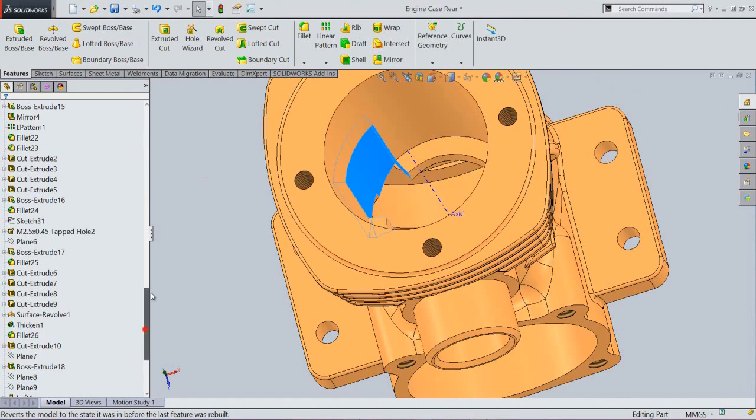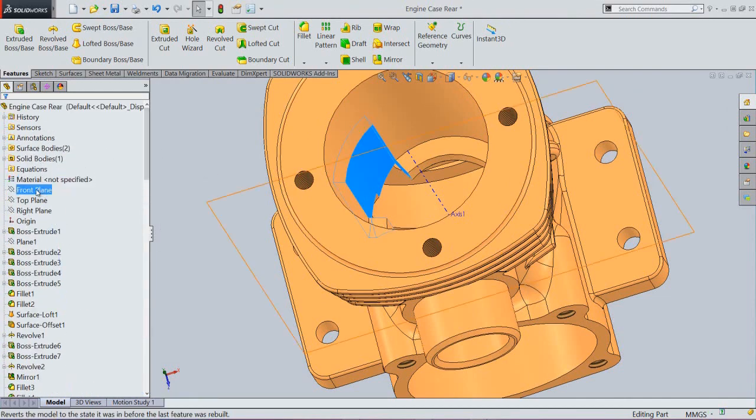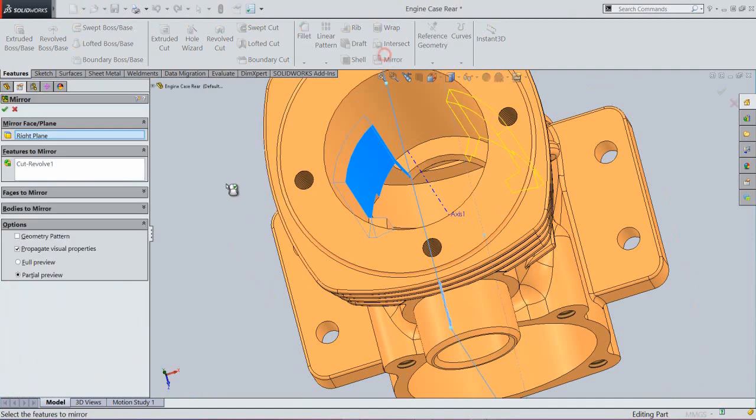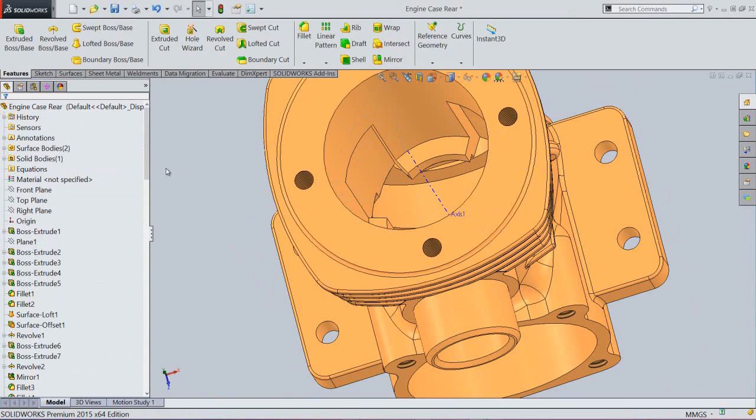Select the cut revolved feature and right plane and activate the mirror command. Click OK. Now see the result.